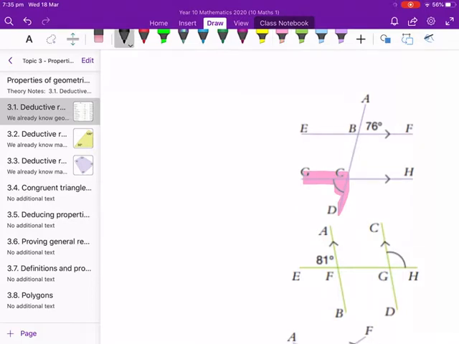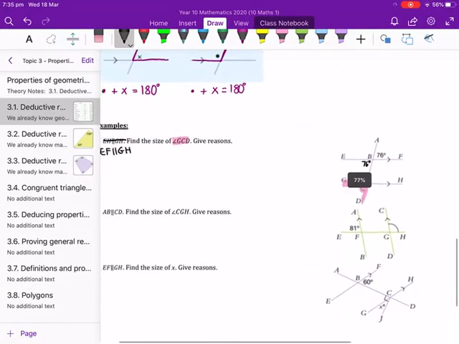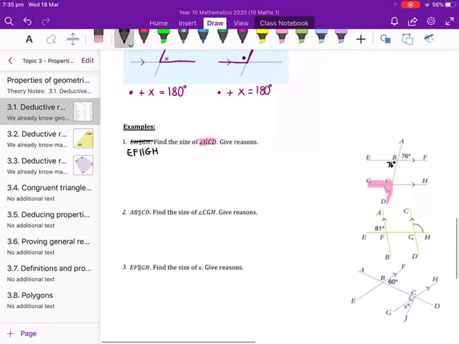From what we know about our adjacent angles, complementary, supplementary, vertically opposite, corresponding, alternate and co-interior, if this is 76 degrees here, then if we go across here, angle EBC is 76 degrees because of vertically opposite. So our first line of reasoning is going to be